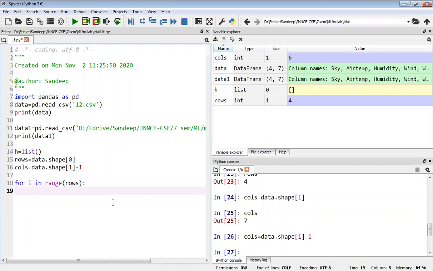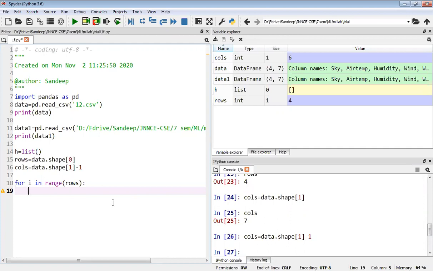So for i in range of rows means this for loop will run 4 times. Each time I will check whether the example is a positive example or a negative example.